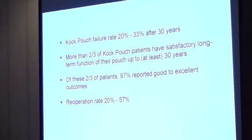Remember, I said with a conventional ileostomy, the reoperation rate is, I said 1 in 10, it's actually 11%. And so here with a continent diversion, which is a much more complicated operation, it's more in the range of 20%. The 57%, I mean, I listed it in the statistics in the literature, but those are old numbers. So our findings are